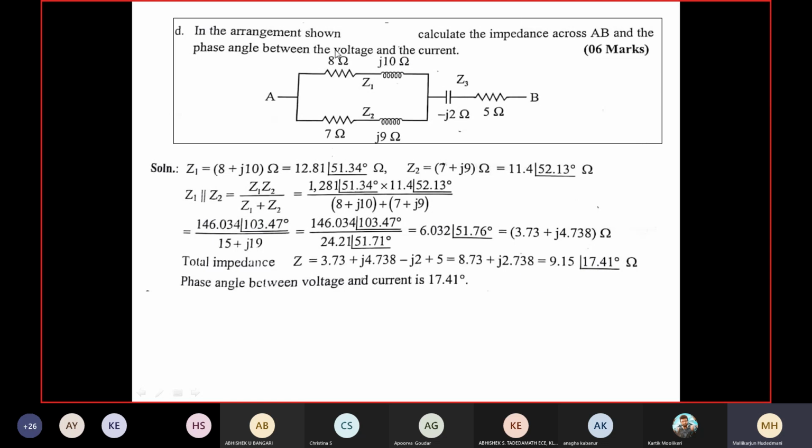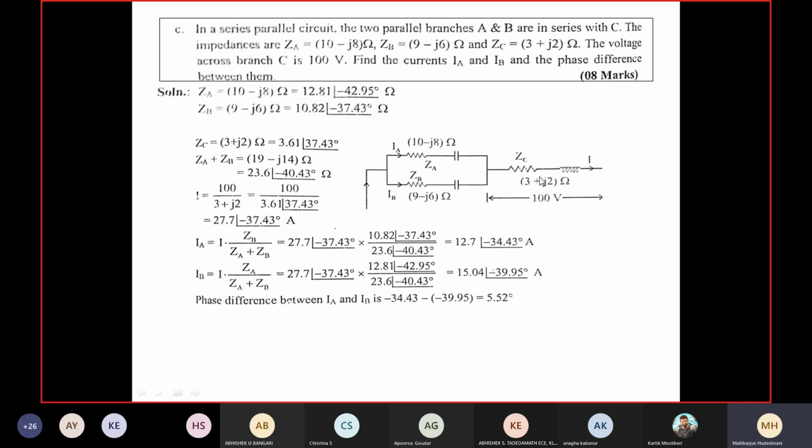Correct? Then what is the phase angle between the voltage and current? I said in the earlier problem, the phase angle between applied voltage and current is the power factor angle. That you will find through the total impedance or total current. So what is the total impedance available? 9.15, 17.41. So this value will get attributed to the current. How do you come to know this? Go back. How do you get this current here? V divided by Z. Correct? When you convert V divided by Z, there is a value of angle here. This angle becomes the numerator's angle, that is minus 37.43. That is what I am speaking.